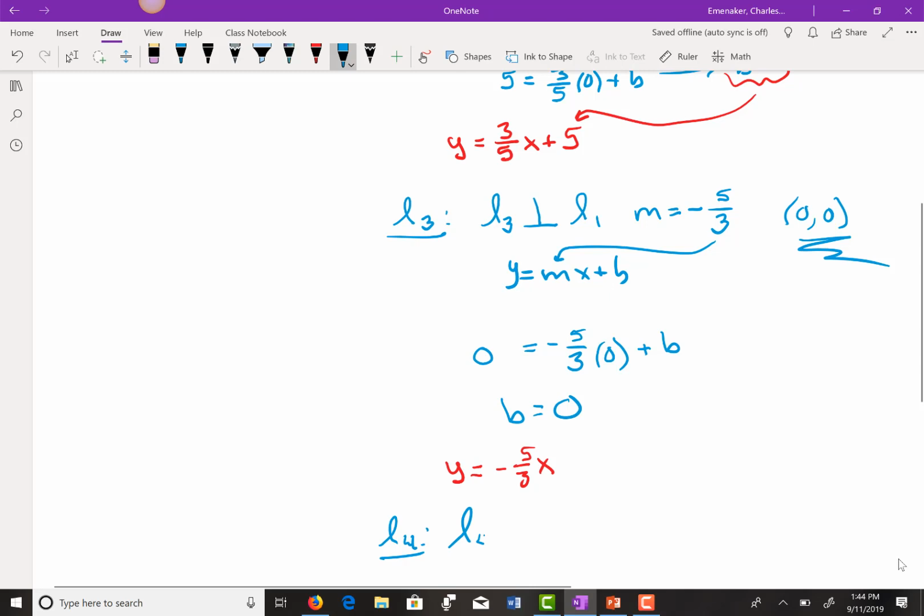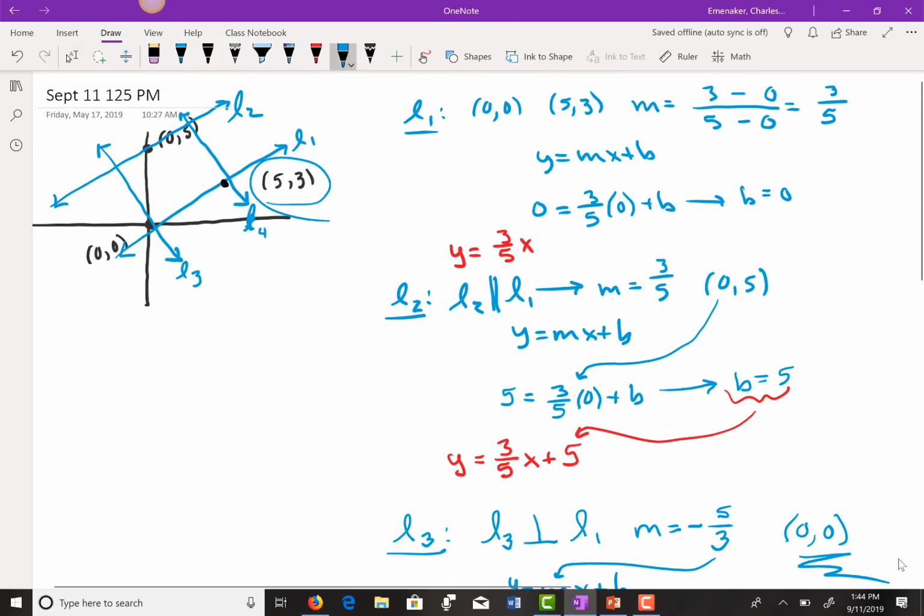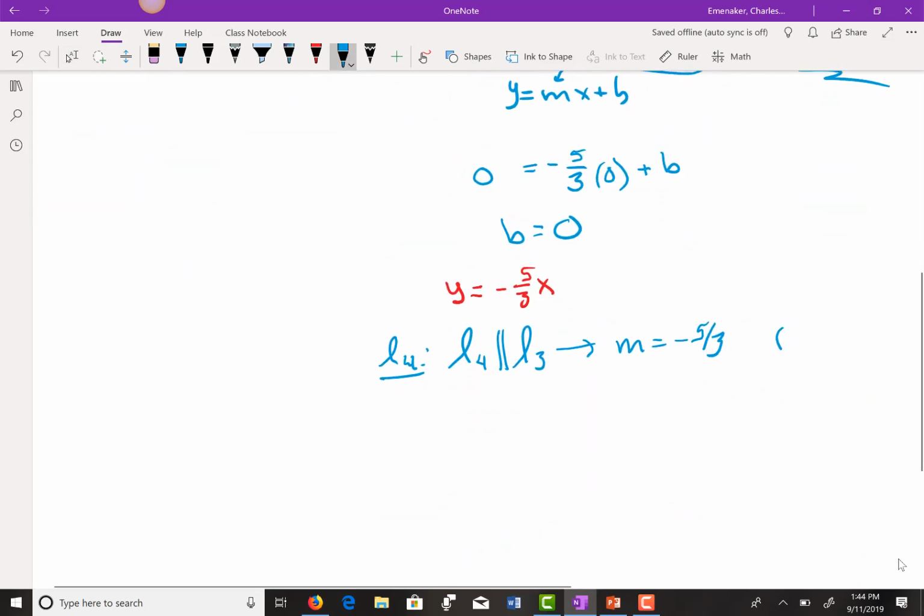Well, line 4 is parallel to line 3, which means it's also going to have a slope of a negative 5/3. Everybody okay? I know I'm going kind of fast. Line 4 has this point (5, 3). So what we can do then is use this point, and we're going to use y equals a negative 5/3 x plus b,